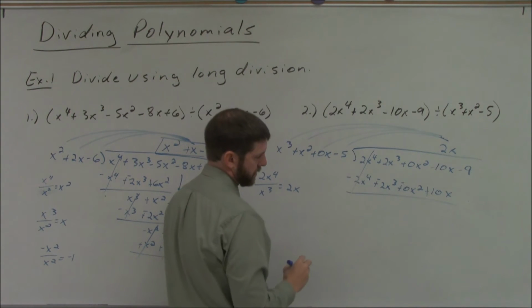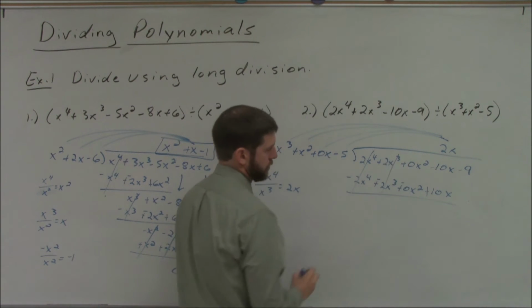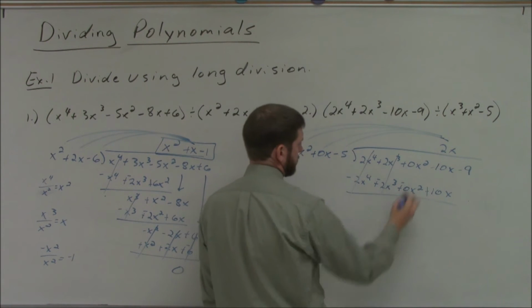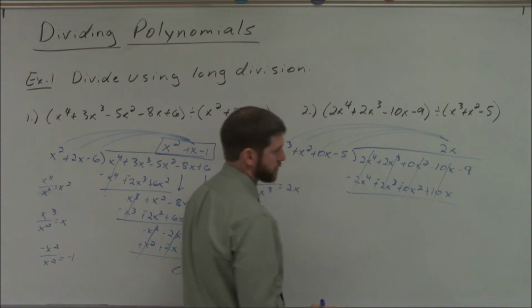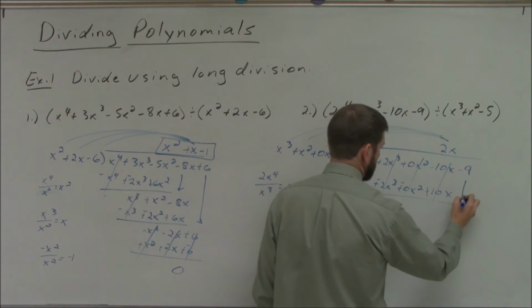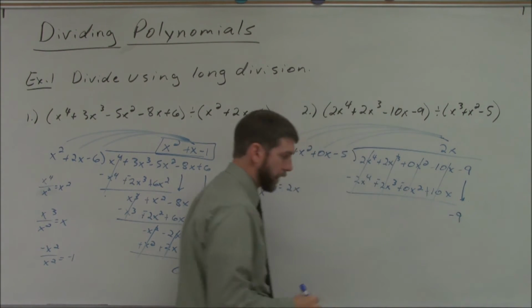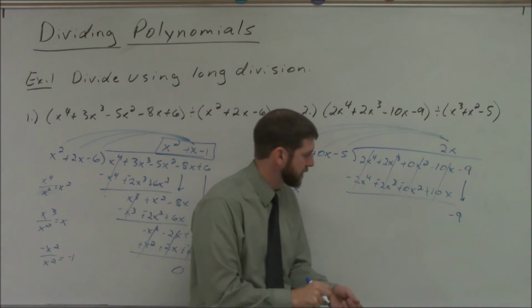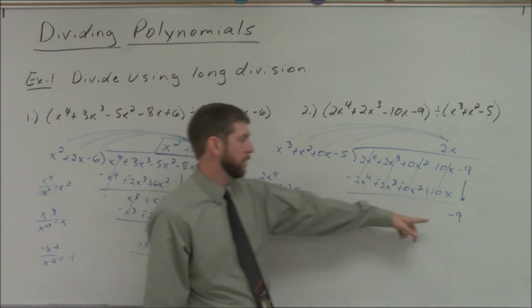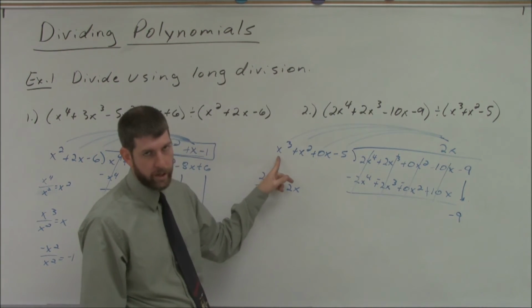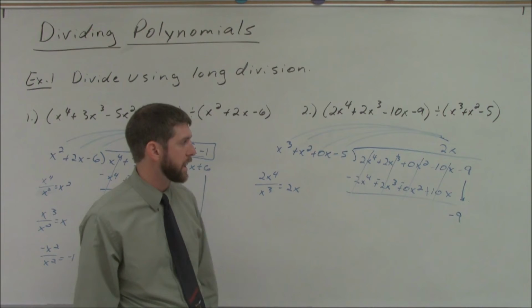2x to the fourth, negative 2x fourth cancels. 2x cubed, negative 2x cubed cancels. 0x squared, negative 0x squared cancels. Negative 10x, positive 10x cancels. Bring down our next term, negative 9, and we repeat the process again. Only problem is, negative 9 is a constant. That's a cubic. Well, x to the 0 is smaller than x to the third, so negative 9 is our